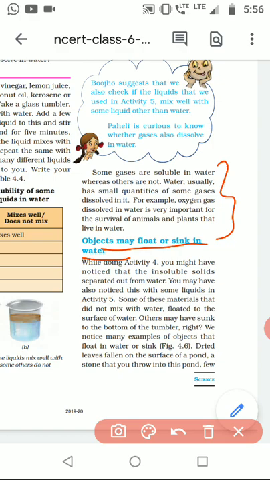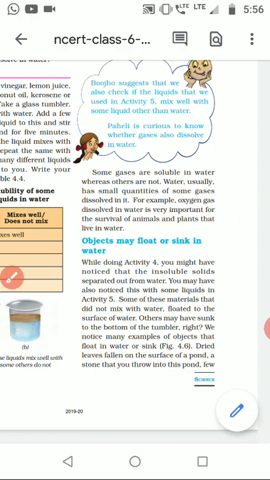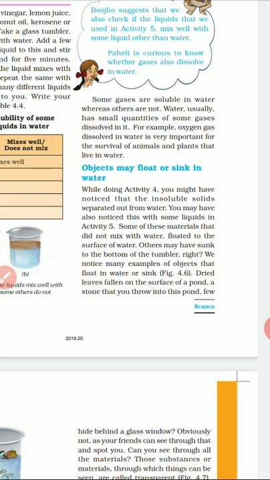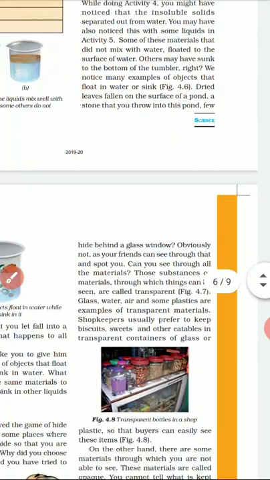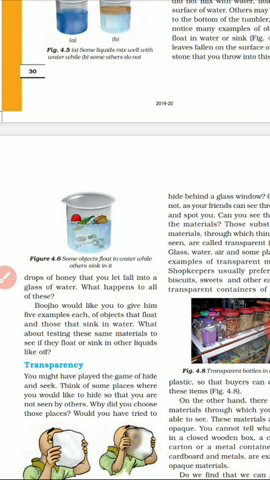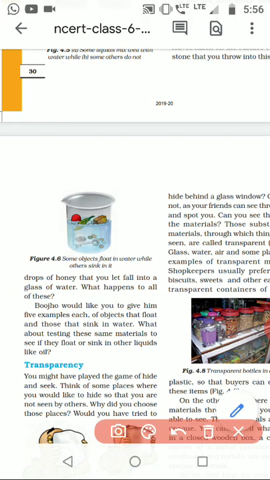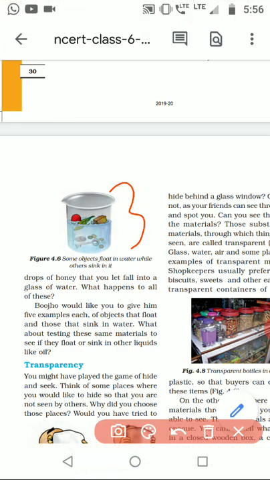Let us see further the next topic, float and sink. Float means to remain on the upper layer of the water surface or any liquid, and sink means to go down inside and settle at the bottom. Let us see examples of float and sink. Dried leaves on a river float because they are lighter than the water. Any substance which is lighter than the liquid will float, and any substance which is heavier than the liquid will sink down. In this beaker you can see float and sink.